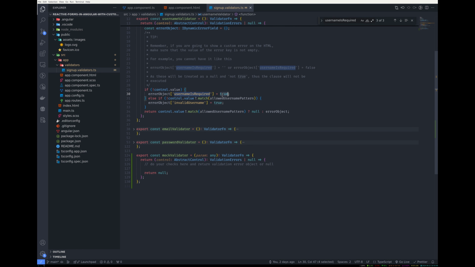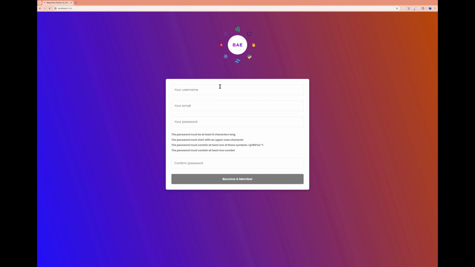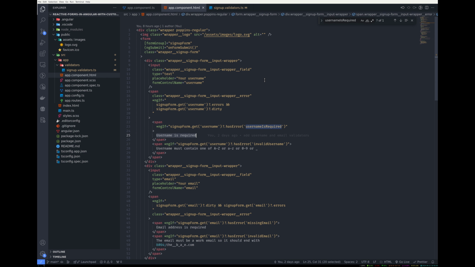So changing these two to false, and then we go and test them out. So it was for the username field. We test this one out. We just say like, you see, nothing. The error will not be displayed, even if this field has an error. And if we check this in our HTML, it will be seen as false. This part will be seen as false. And if it's seen as false, then the condition will not be met and this content will not be displayed